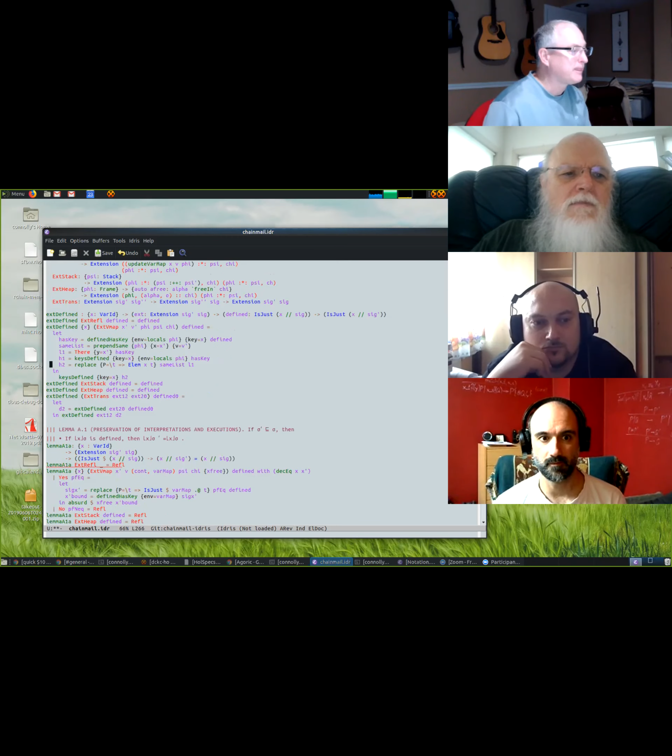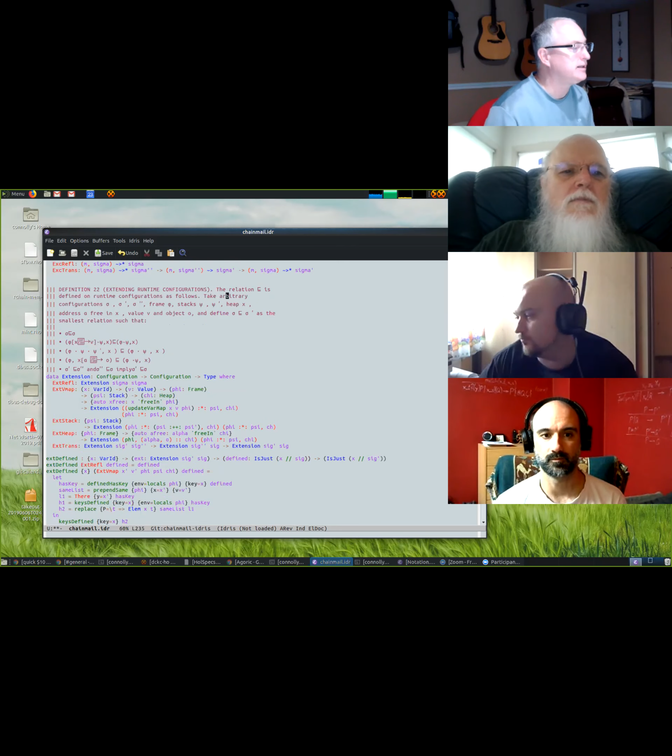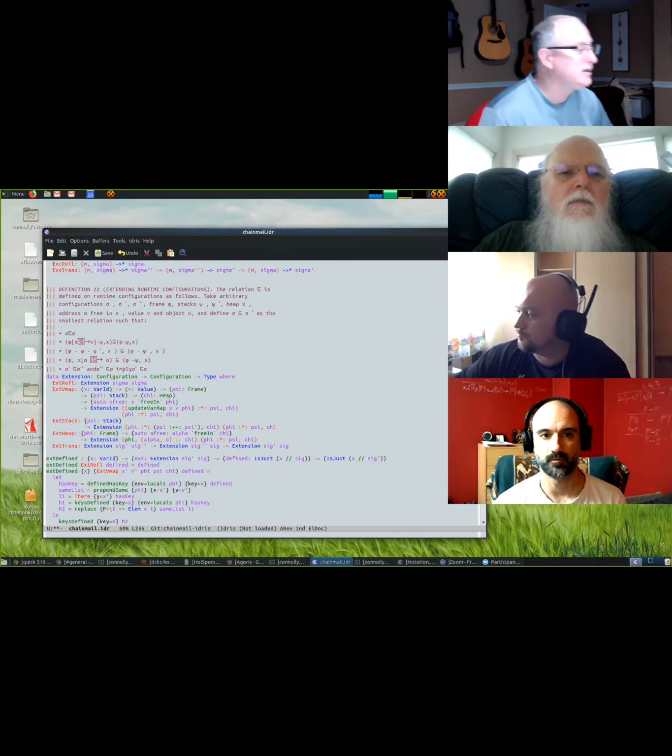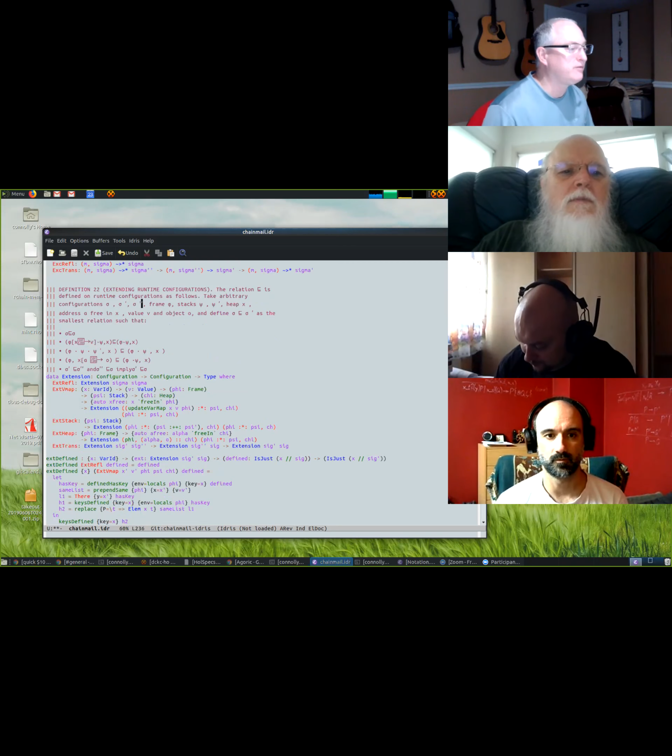And here's, let's see, the definition of extending a configuration. The relation is defined on runtime configurations as follows. Take configurations sigma, sigma prime, and sigma double prime, frame phi, stack psi and psi prime, heap chi, address A, free in X, free in chi, value V, and object O, and define sigma extends sigma prime as the smallest relation such that